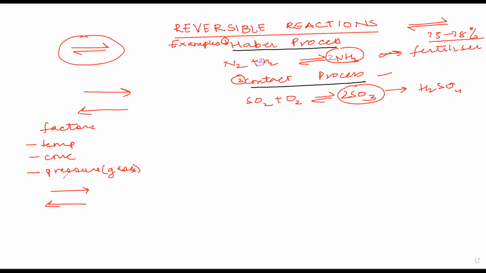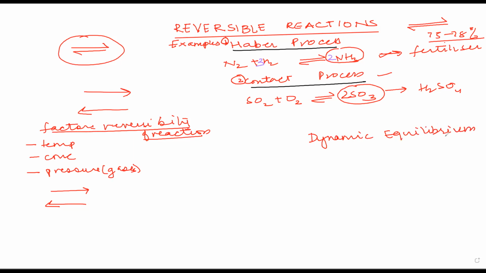But before we go into details of these factors which can change the reversibility of reaction, let's talk about one more terminology which is associated with the reversible reaction, and that terminology is dynamic equilibria. Examiner gives us a 1 mark question, define what is dynamic equilibria. So reversible reactions undergo a state of dynamic equilibria. This is a state of reversible reaction where the speed of forward reaction becomes same as